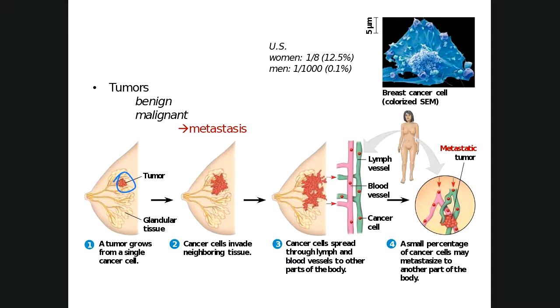And then if that tumor happens to be a malignant tumor, there are tumors that are benign. Benign tumors are cancerous tumors that stay where they are. Malignant tumors are the difficult part. Malignant tumors are the ones that folks who have gone through cancer treatment have to worry most about. Malignant tumors are tumors that can undergo something called metastasis. And metastasis means that cancerous cells can actually spread through the blood vessels or even the lymphatic system, move throughout the body, and then set up a cancerous tumor in another place. So that's the problem with malignant tumors.